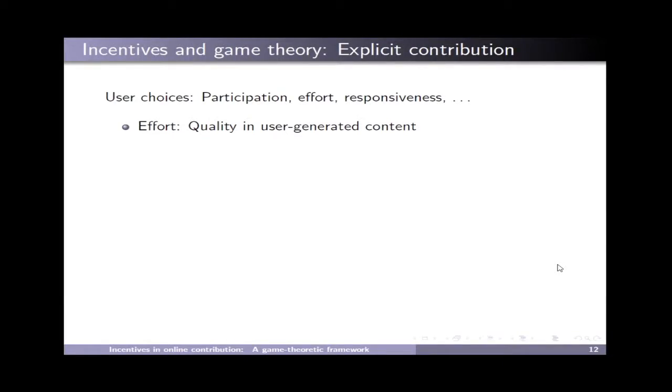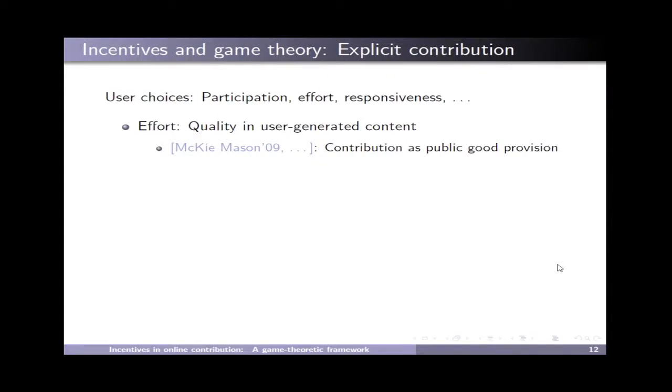Let me talk briefly about effort, because we're going to talk at length about participation. We'll get to participation shortly. When you think about effort, for example, you can think about quality in user-generated content. What do formal models look like, and what are the kinds of questions they ask and answer? One of the first models looking at quality in user-generated content